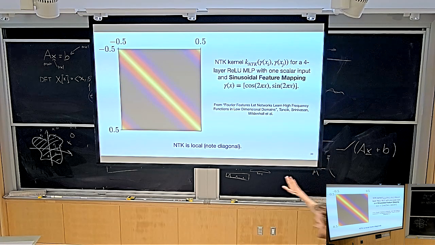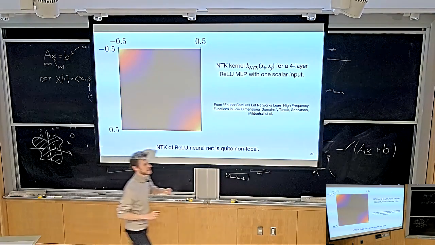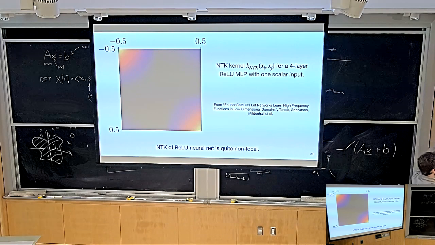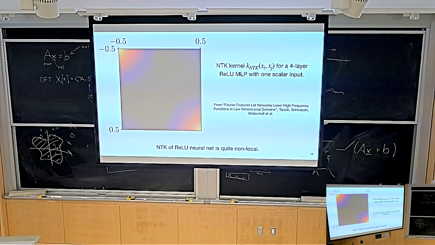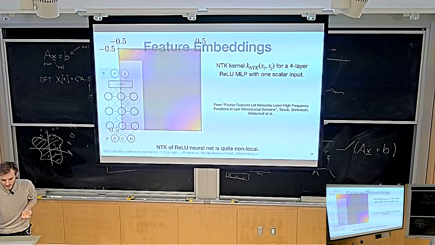And as you can see, this is not what the kernel of a ReLU neural network looks like. This is what it looks like for a ReLU neural network, which basically means that only if the two values are literally identical, now I remember it. So if both of them are 0.5 or if both of them are minus 0.5, then the neural tangent kernel of the ReLU neural network was large. But the moment one of these two coordinates went off, the neural tangent kernel drops off dramatically. So basically, it's a kernel that is local only if the two things are similar. Is that right? Okay, take that with a grain of salt.